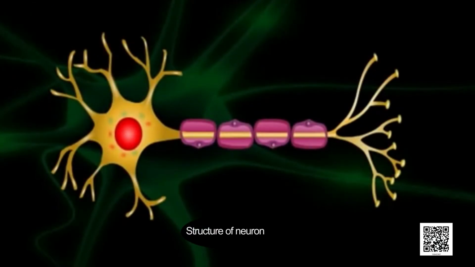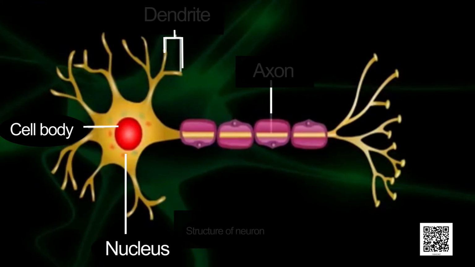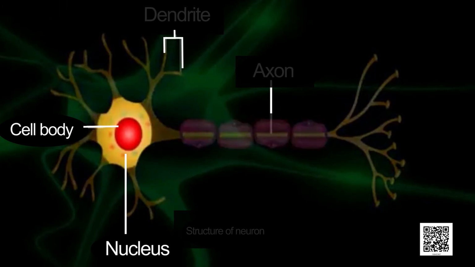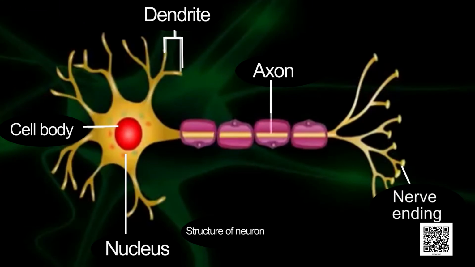A neuron has three main parts: dendrite, cell body or cyton, and axon. The cyton has a nucleus, and at the end of the neuron there is a nerve ending. The information acquired at the end of the dendritic tip of a nerve cell sets off a chemical reaction that